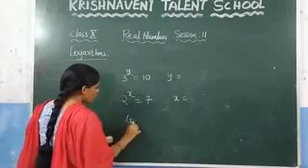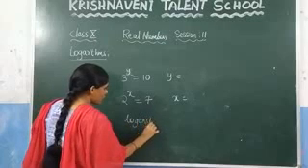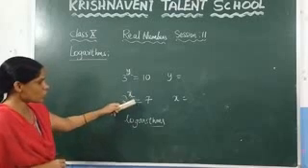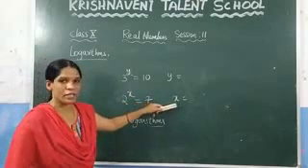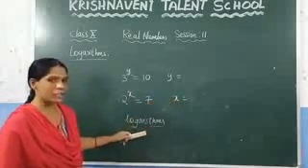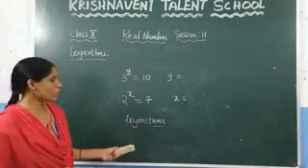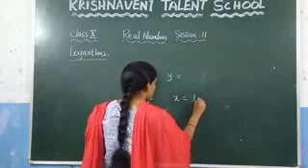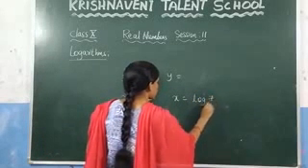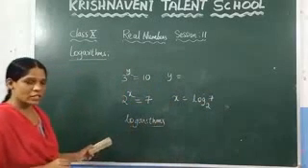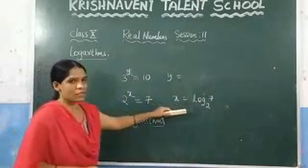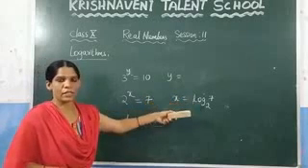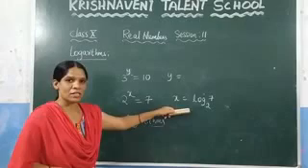So now we are going to discuss our topic, which is logarithms. If you are given the condition 2 power x is equal to 7 and asked to find the value of x, by using logarithms you can find it, and we can write the value of x in the form of a logarithm. We can write this as log 7 to the base 2. So what is the value of x? It is nothing but log 7 to the base 2. Now we are going to discuss how to read this, and what the properties and conditions are.